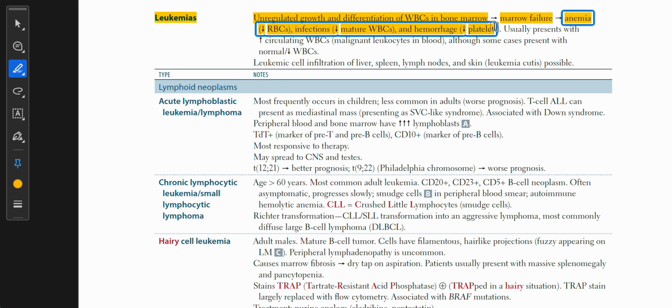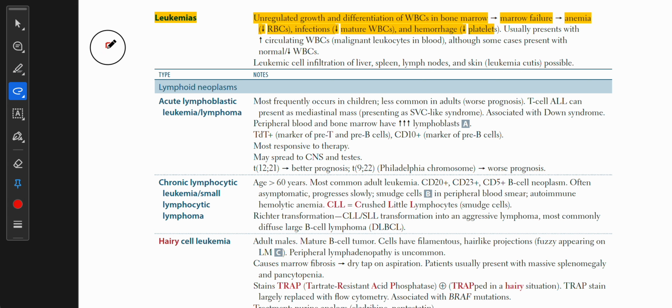Since all types of cells are formed in bone marrow, the unregulated growth of WBCs will suppress the growth of RBCs and platelets. So a decrease in RBCs leads to anemia, and a decrease in platelets leads to